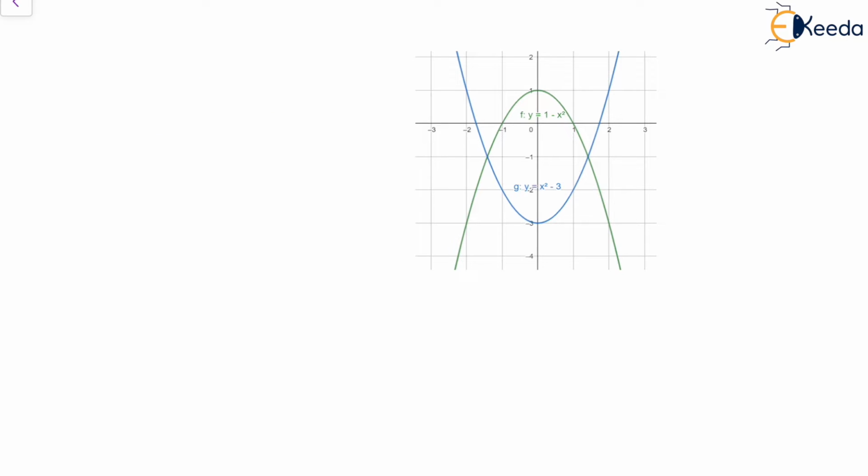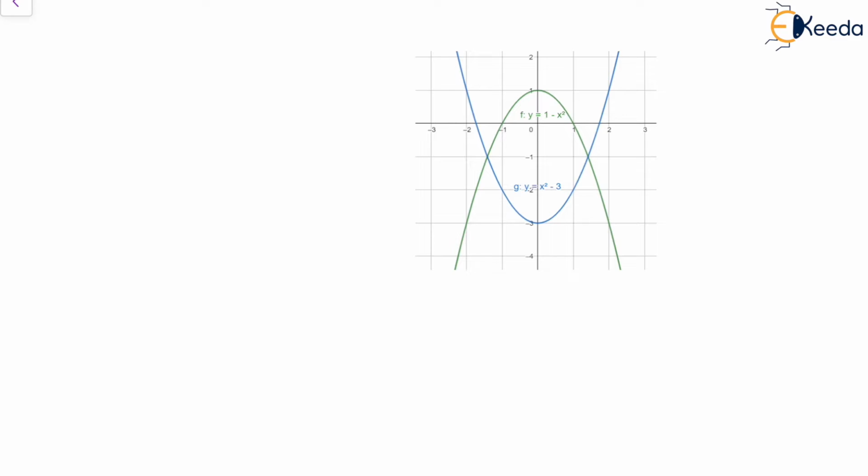So, like I said, y equal to 1 minus x square, the inverted graph about the x-axis shifted up by 1 unit. The second one is y equal to x square minus 3, which is shifted down by 3 units from the parent graph, which is x square. So, instead of x square, we have x square minus 3 like this. Now,